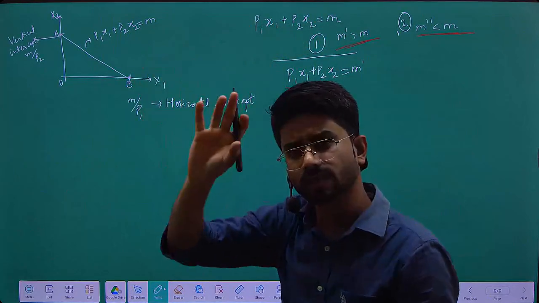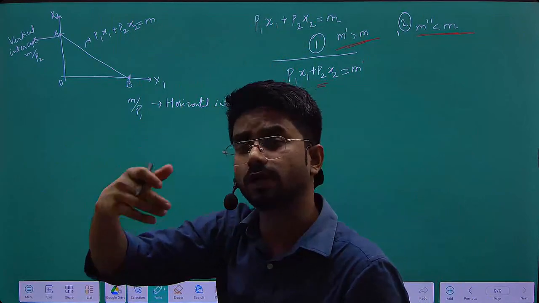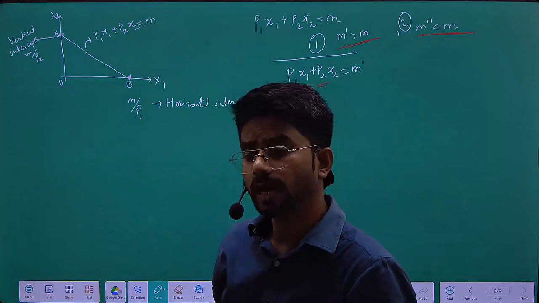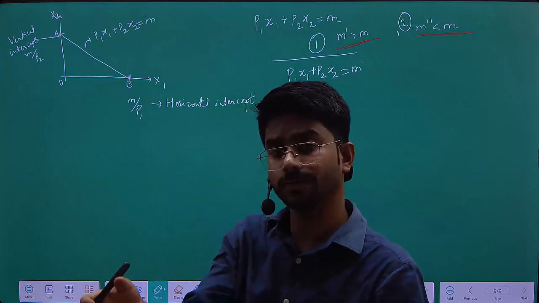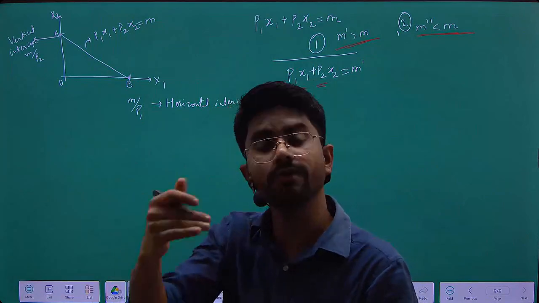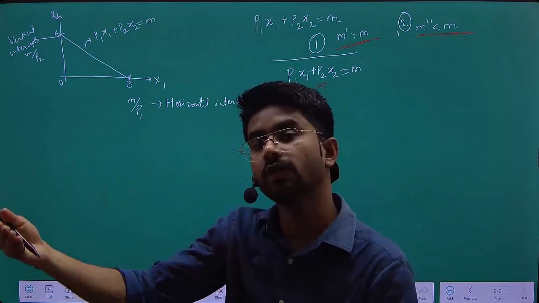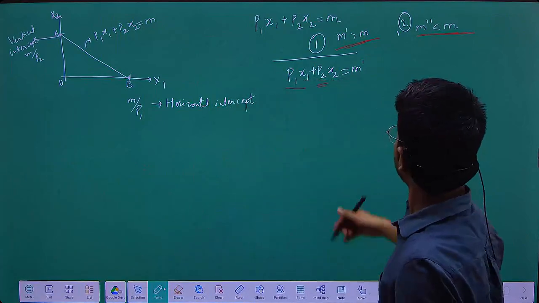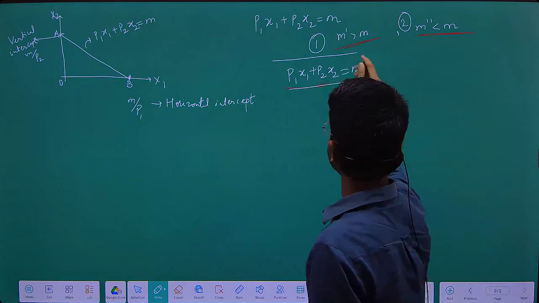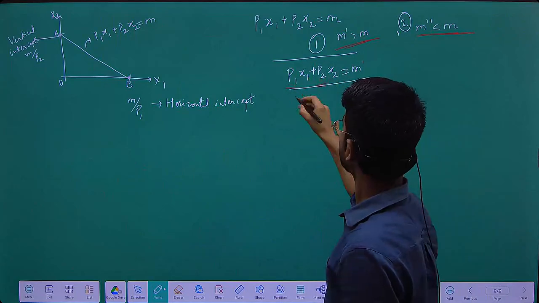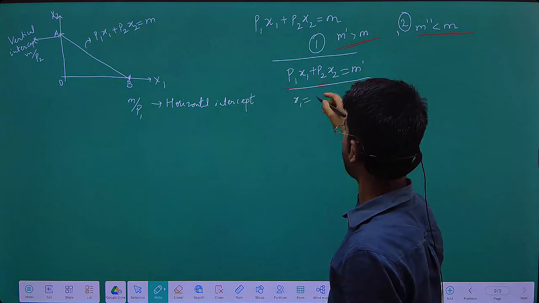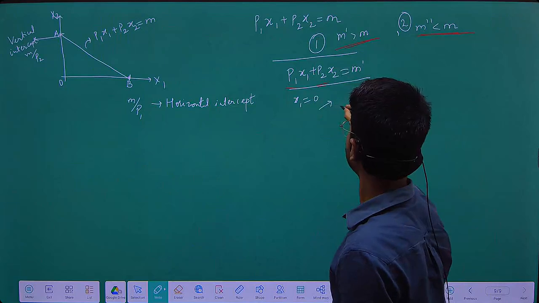मतलब इस बजट लाइन पे x1 x2 की वैल्यू बहुत सारी हो सकती है, ऐसा नहीं है कि एक ही वैल्यू है. ठीक है. ये वेरिएबल जब भी होगा, वेरिएबल का मतलब ही है वेरी करना. ठीक है, मतलब अलग अलग वैल्यू ले लेगी वो. ओके. So if this is the case, in that case if you consume no x, then you will have x2